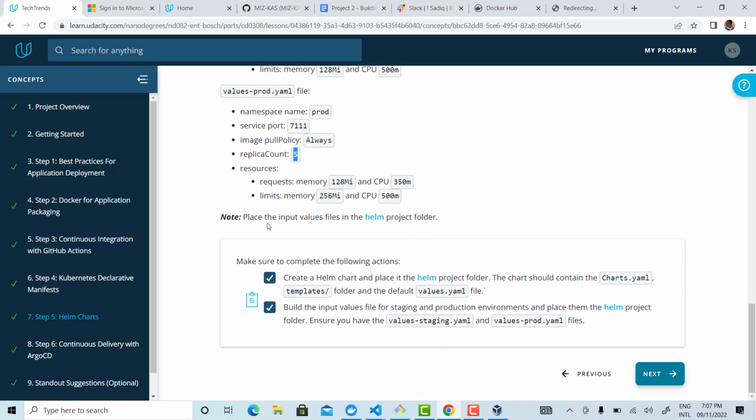So we're going to place all this in the EMS project folder. At the end of this, we would have created the EMS chart and placed in the EMS project folder the charts.yaml, the templates, the values, then the values staging. And so what we'll do is go back to our